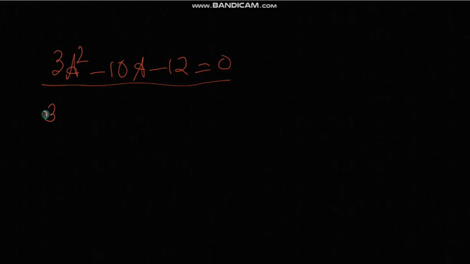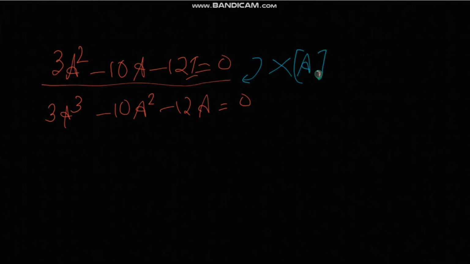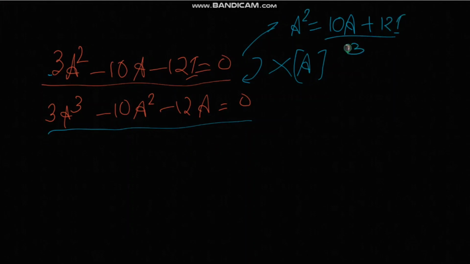Once we get an equation in terms of A square, if A is of order 2 cross 2, then we multiply both sides by A, so that we get the matrix in the order of A cube. Like let's see, 3A square minus 10A minus 12 is equal to 0. Now we multiply with A, that is 3A cube minus 10A square minus 12A is equal to 0. We have multiplied the first equation by A and we get the second equation. Understood? And from the first equation we get the value of A square, and that A square we will put